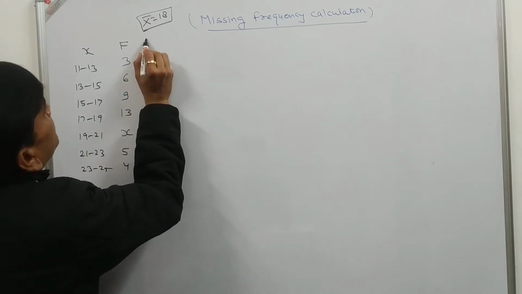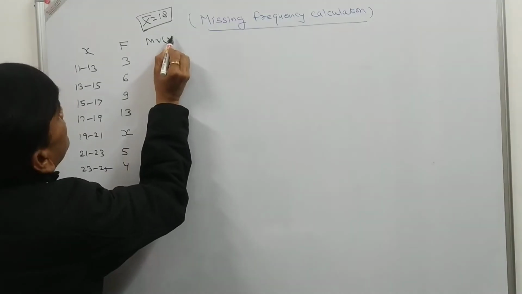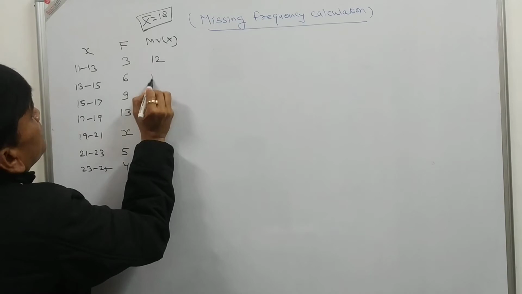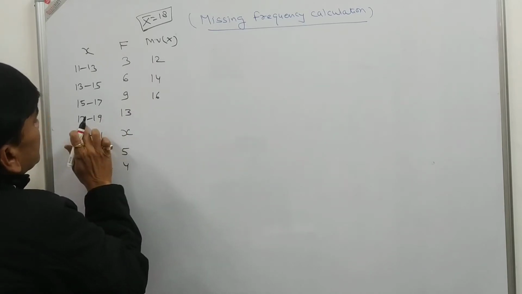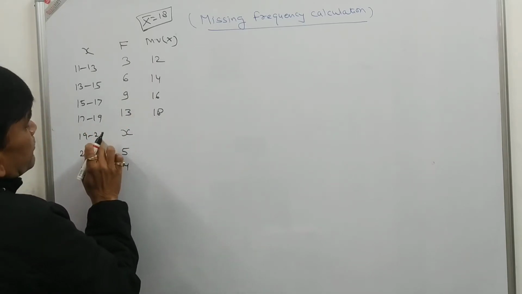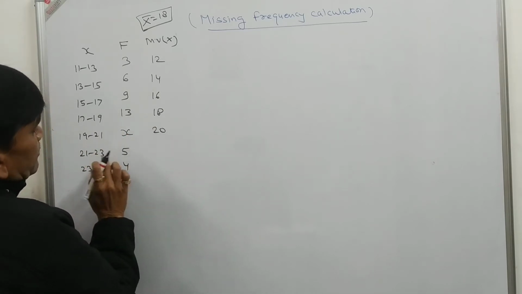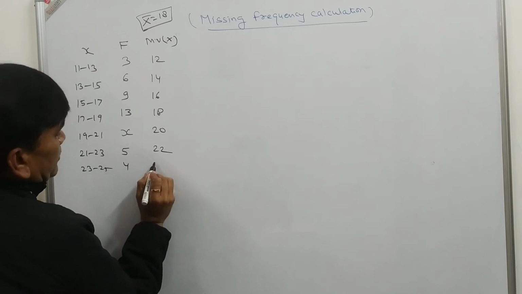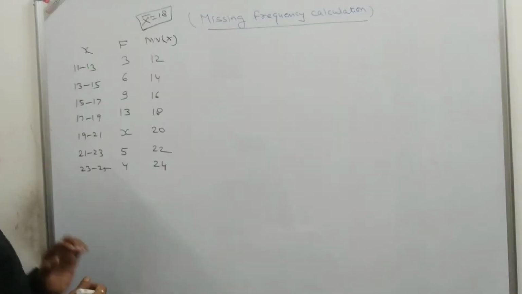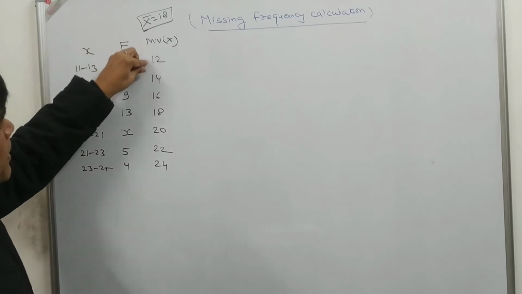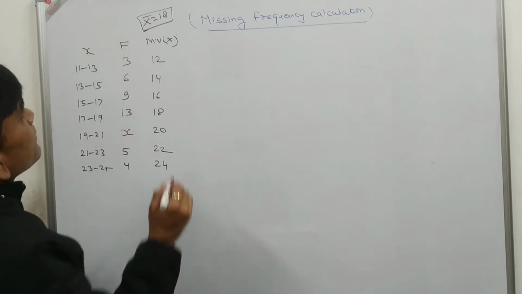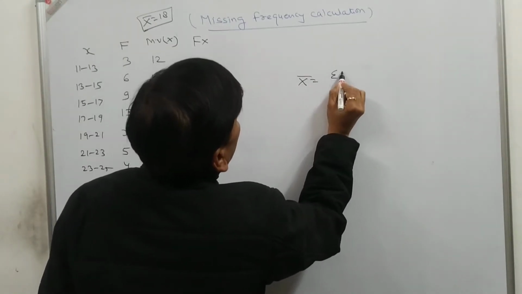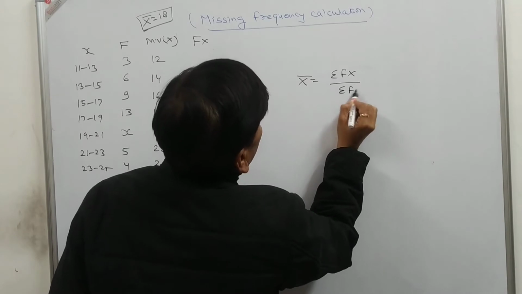So the mid values for x: 11 plus 13 divided by 2 is 12, then 14, 16, then 18, 40 divided by 2 is 20, 44 divided by 2 is 22, 48 divided by 2 is 24. So first we calculated the mid values here. Then for getting fx, because x bar is equal to sigma fx divided by sigma f, the formula for that is